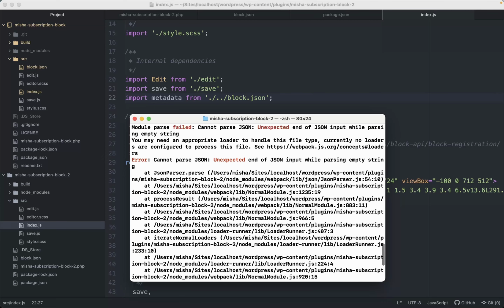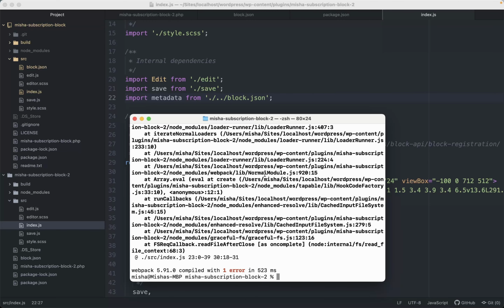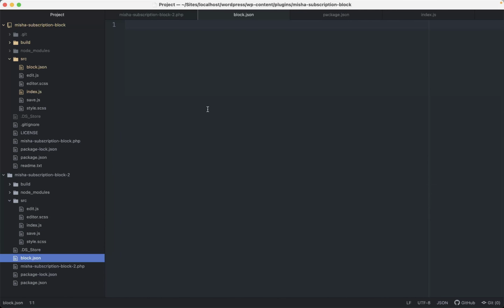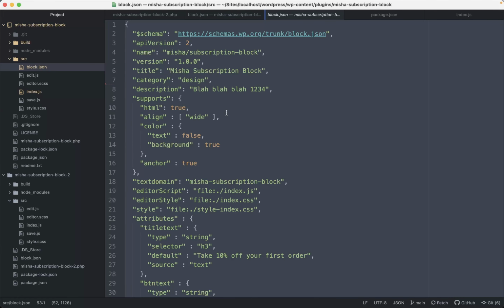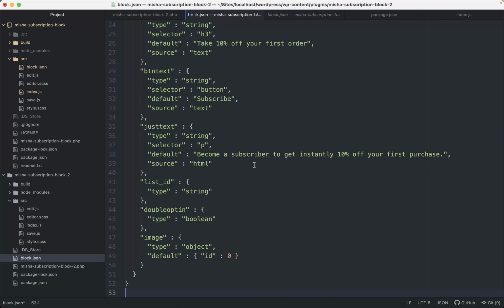Wow, once again. I know why it is happening. Once again, we go to the block.json, and it is just empty, guys. Sorry, I just overworked. Let's copy our block.json from the source folder from here, paste it right here, and